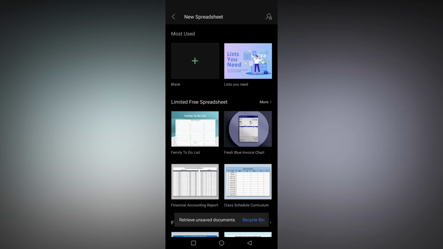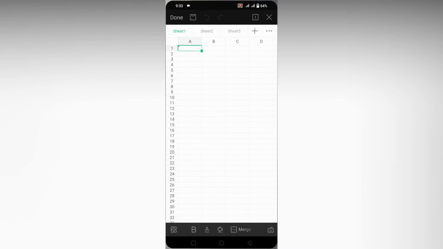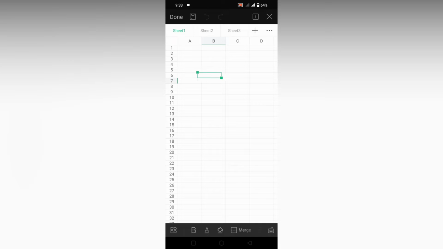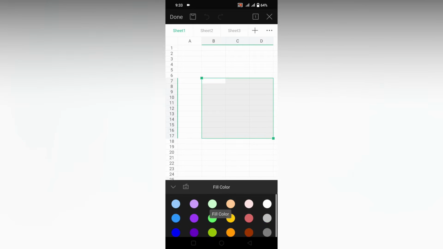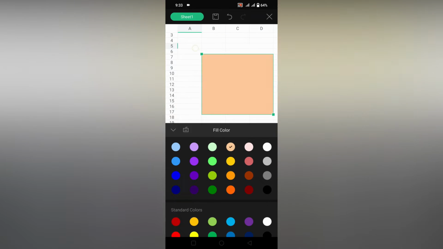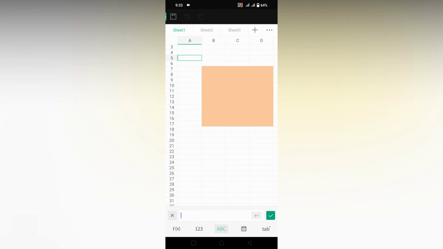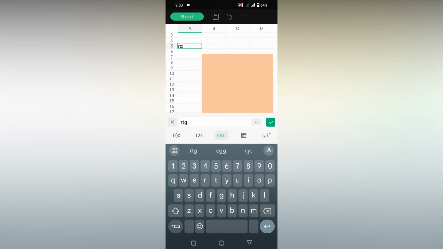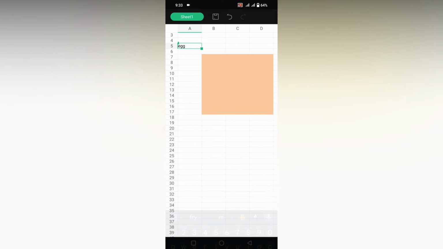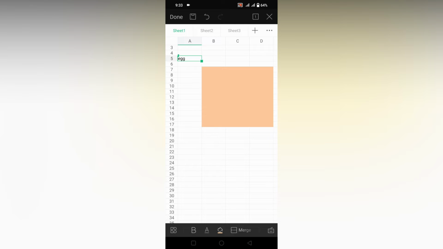So how to duplicate a sheet on your WPS spreadsheet mobile? I'm just going to show. For an example, here I'm just going to make a content like this. Okay, so we can easily hide this now. Okay, we just make something like egg. Okay, so I just want to exactly copy this sheet with the same text and same coloring on the box